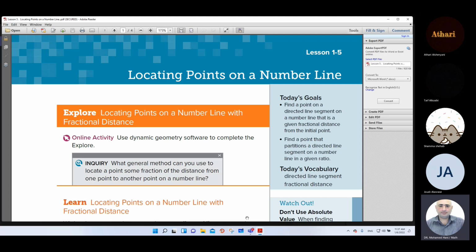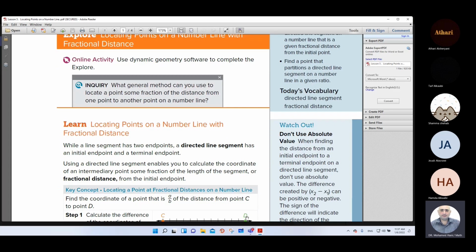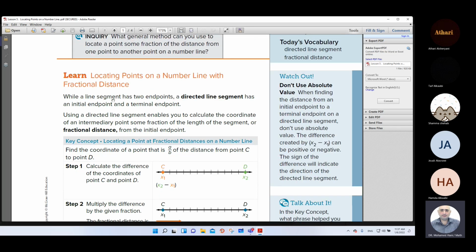Math grade 9 geometry. We are in the first module in lesson 5, locating points on a number line. In this lesson we want to learn the meaning of locating a point on a number line with a fractional distance. While a line segment has two endpoints, as you remember, a directed line segment has an initial